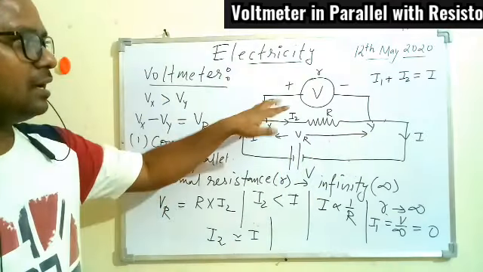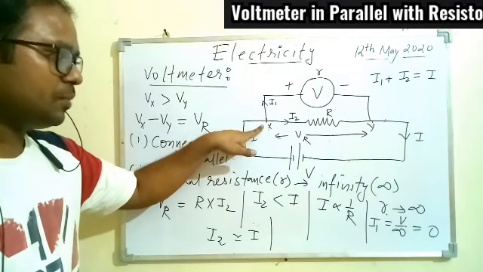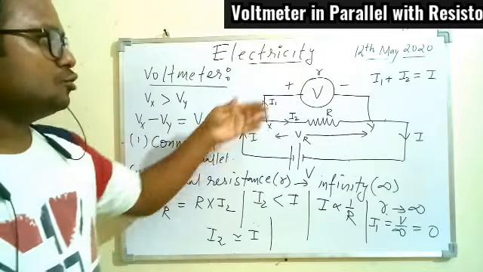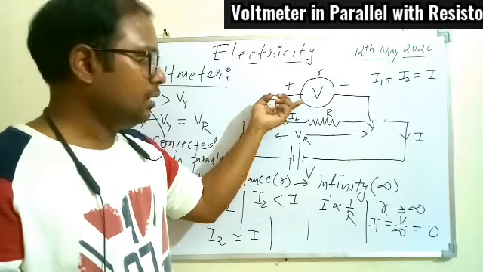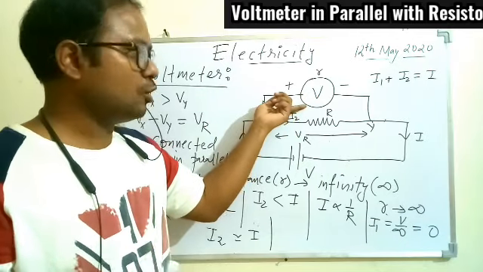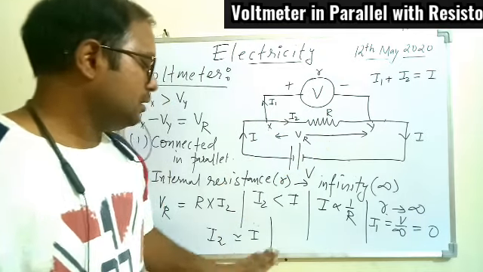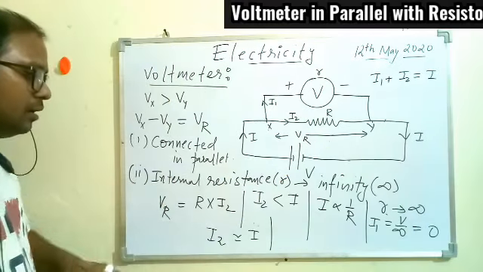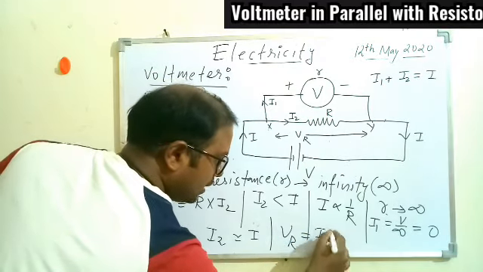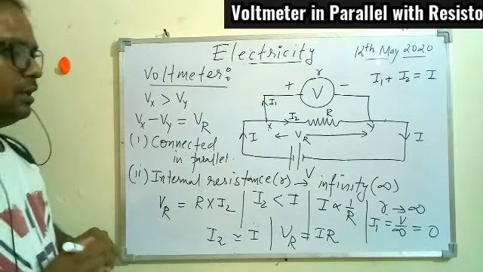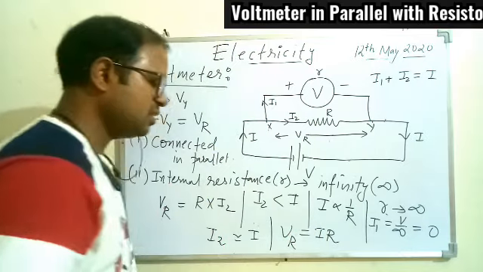Second, since it is connected in parallel, the current will get distributed, and we know the current distribution takes place depending upon the resistance that we have. So very high resistance, less current. So if you make the resistance of this voltmeter infinity, then the current passing through the voltmeter will be approximately 0. So the entire current will pass through the resistor R, and hence the actual value, that is VR, will become what? VR will be equal to IR only. Am I clear? So that is what we need in the circuit.